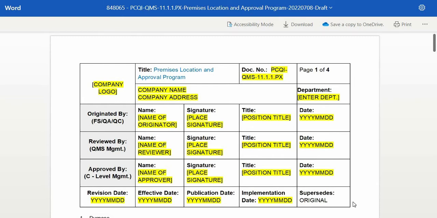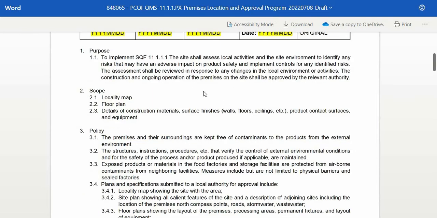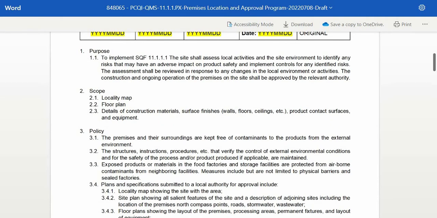Now we will focus on the components of the program. First is purpose. The purpose is the implementation of any certification standard or compliance with a regulatory requirement. For this program, it is for implementation with the SQF Module 11 Edition 9 for food manufacturing under Clause 11.1.1. To implement SQF